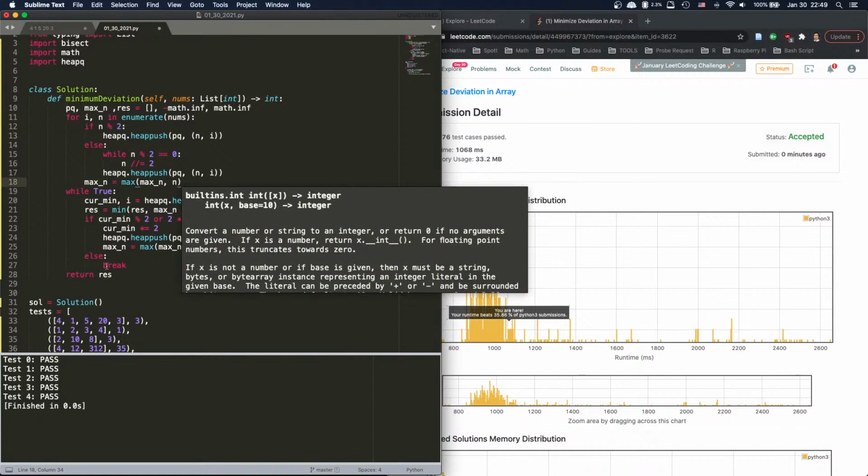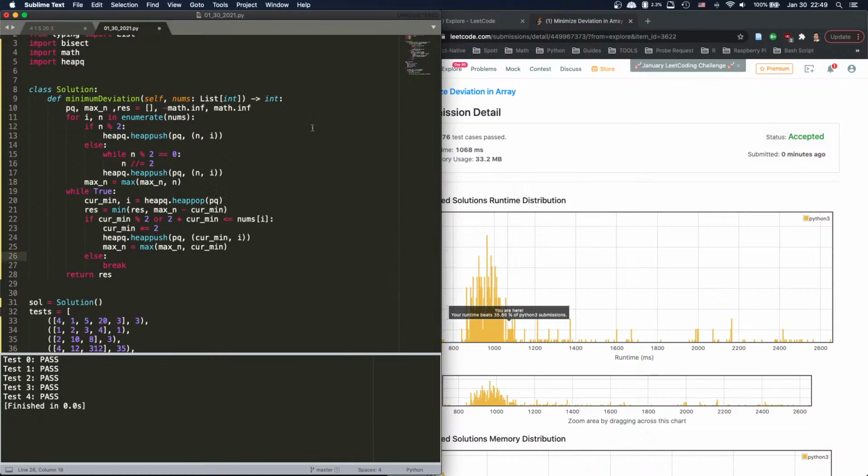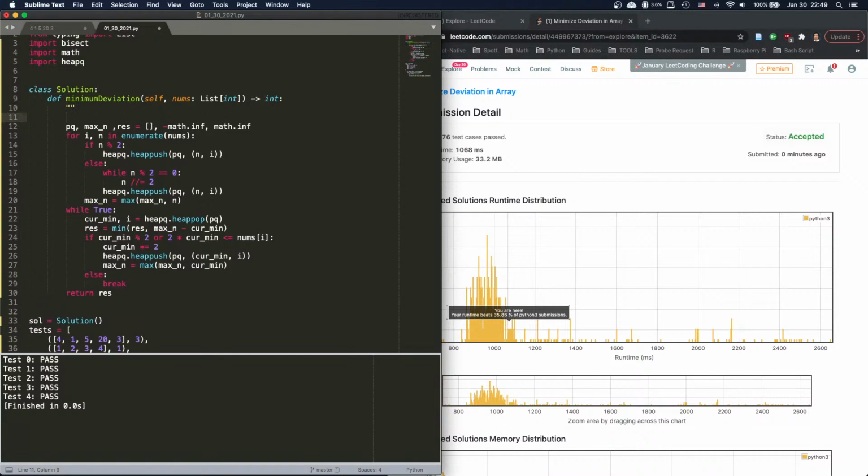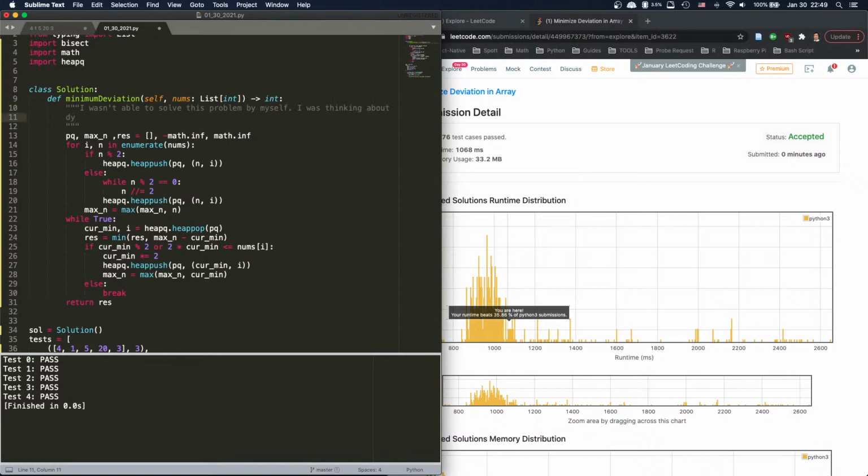So we do some lines, and then we are going to read. Oh, let's write about it first. So apparently, I wasn't able to solve this problem on my own. I was thinking about dynamic programming. It's a DP. I was thinking of DP in the sense that